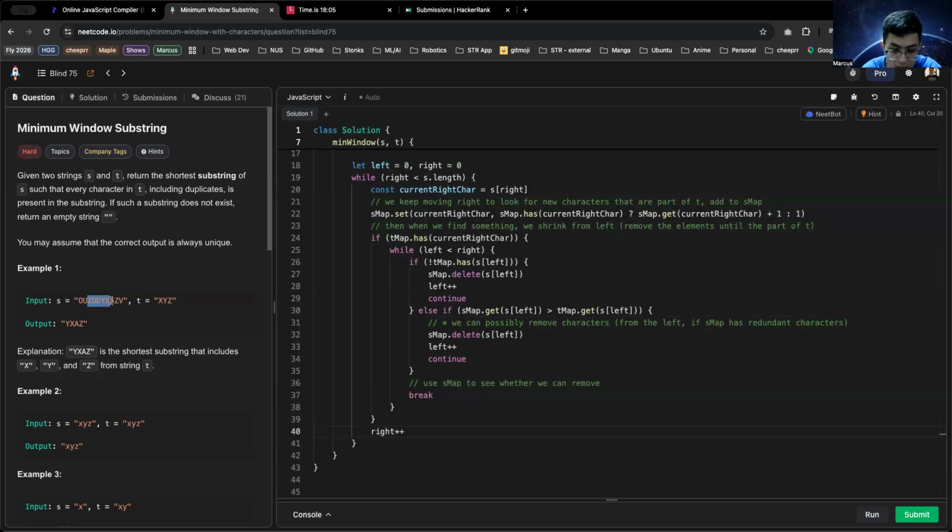So X is also correct, the same flow. Tmap has this character, while left less than right, I will check. It's not redundant, I will break. So then after that, I'll go on to A, right plus Z. Okay. So now Z,